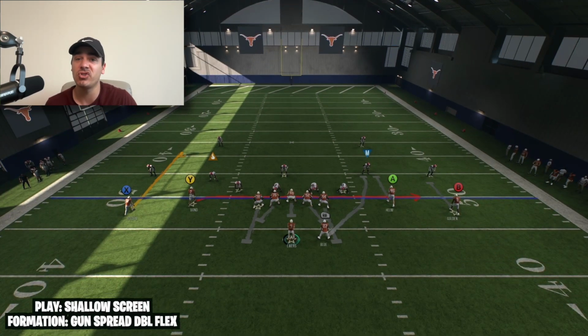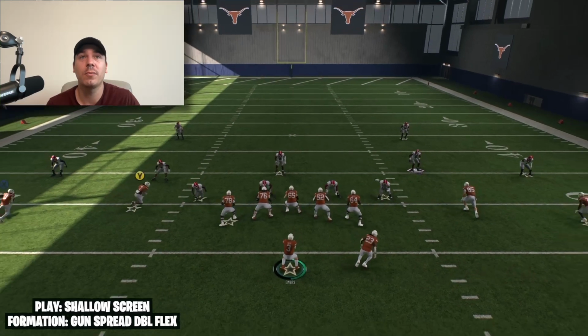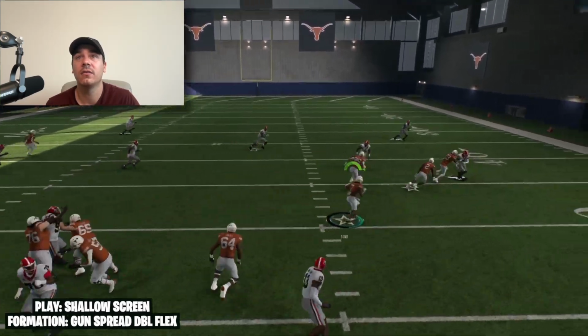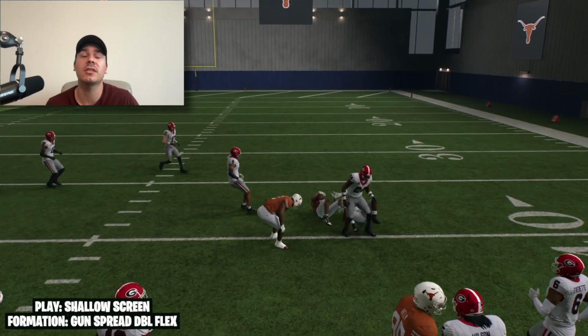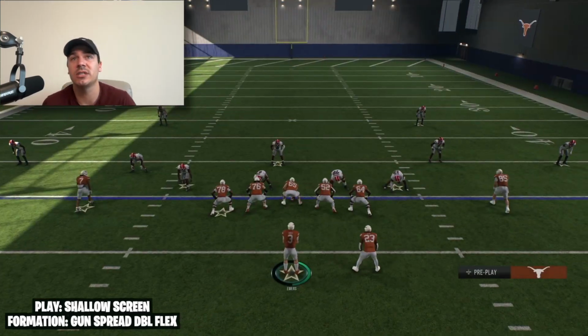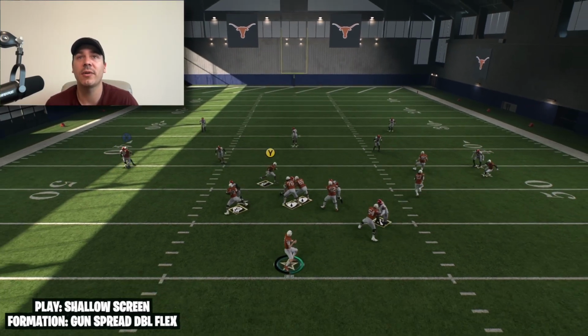Now we are going up against zone right here, and this is going to go right to Isaiah Bond. So I think you might have to wait until he crosses the defensive end on the right side, and then throw it. But let's see here. Oh man, look at those blockers. Look at those blockers, man. There's so much potential with this play. I like it too. I mean, because drag routes usually beat everything,